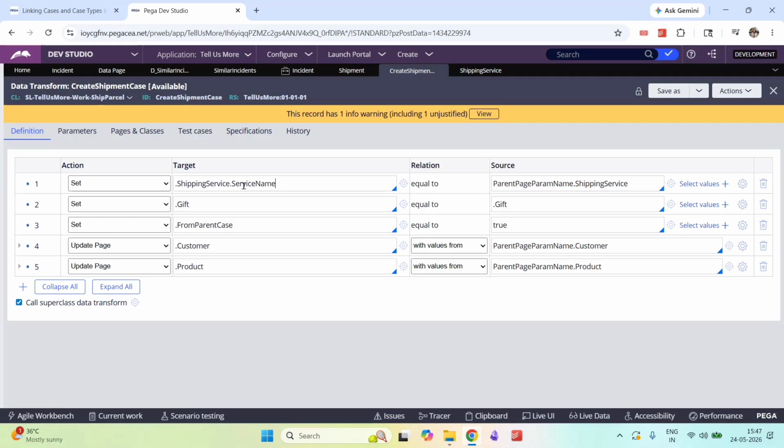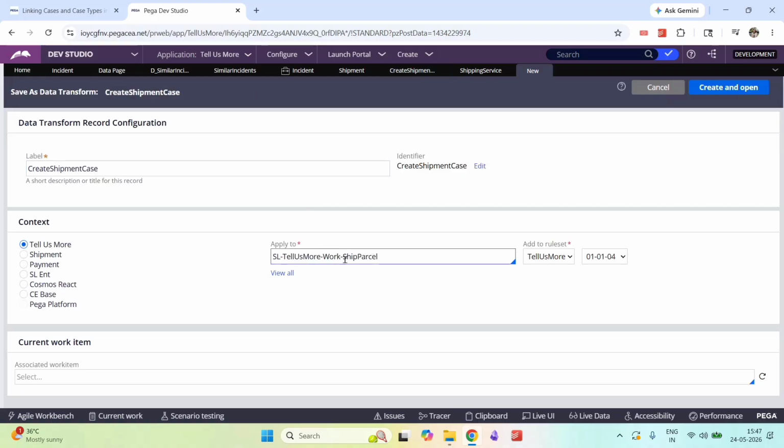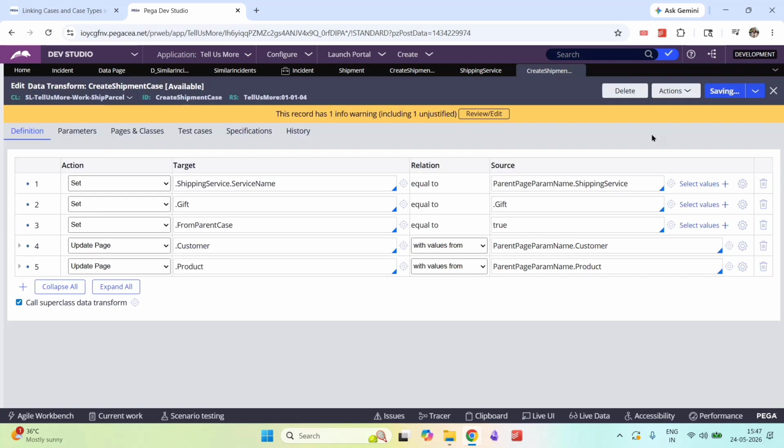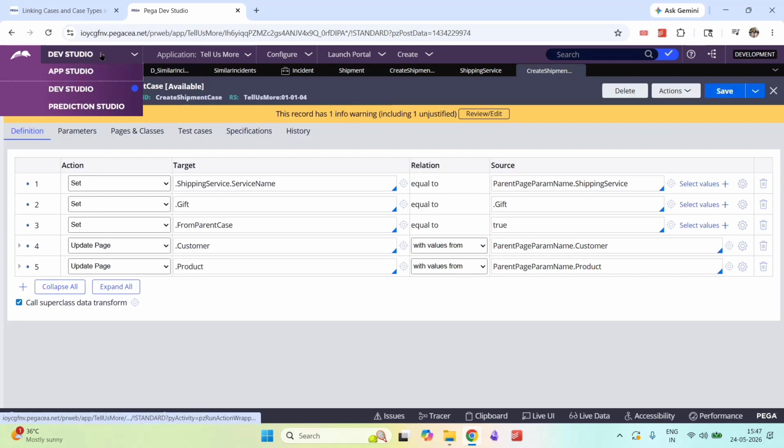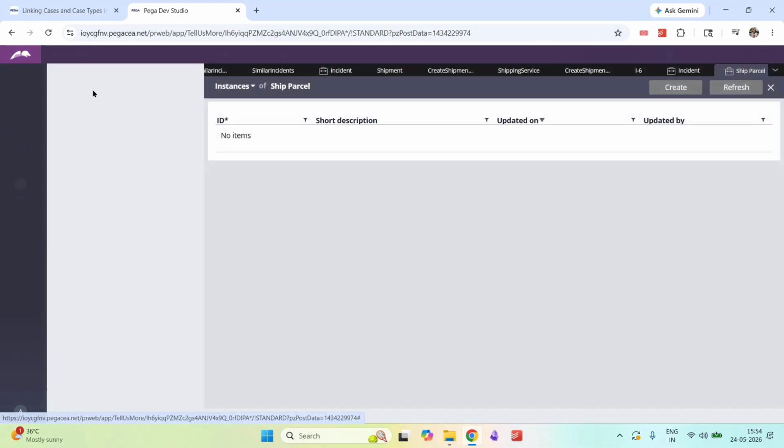So as I was saying, this will work. This is a text property, so is this one, so this propagation will now work. The data transform is in the child class, saved it. Okay, now if I go back to the app studio again, I have already some incident